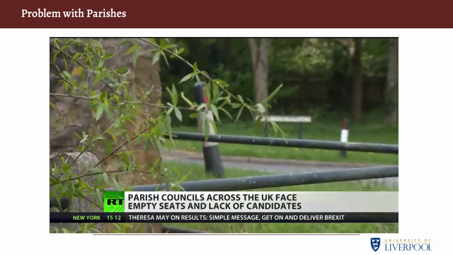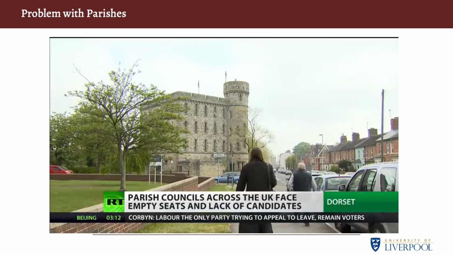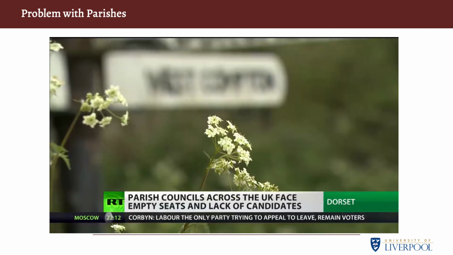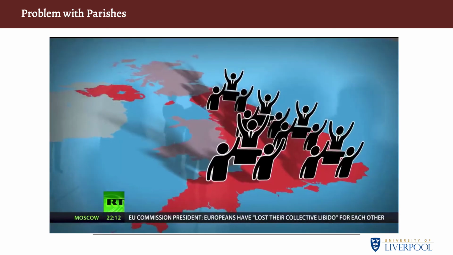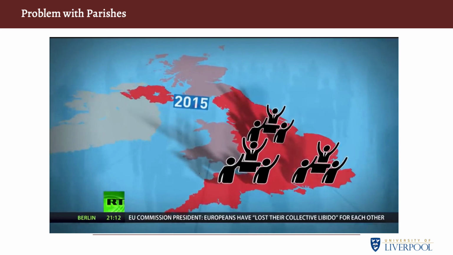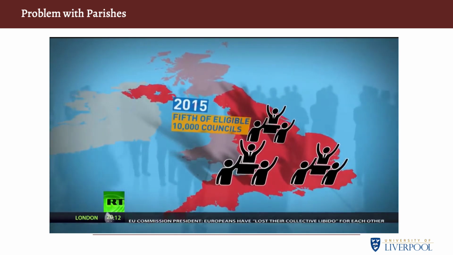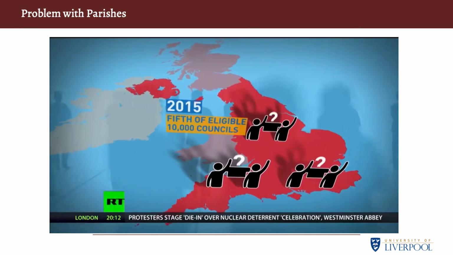They're the first tier of government, designed to be the most accessible stage for community discussions and complaints. Parish or town councils are run by elected members of the public, not affiliated with any political party. But interest in community politics is fading. In the 2015 polls, only a fifth of the eligible 10,000 parish and town councils in England contested their vacancies.